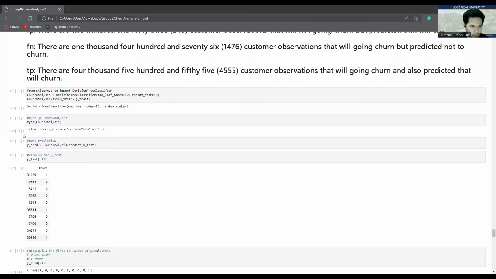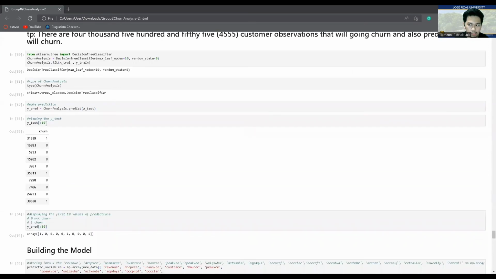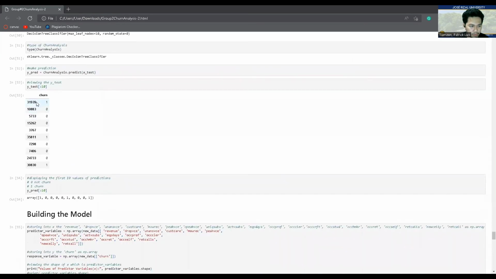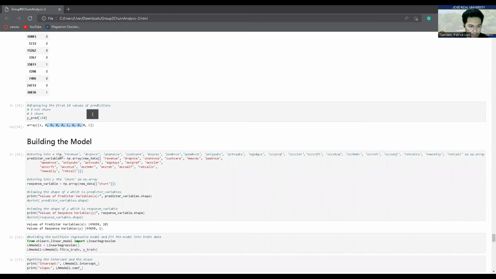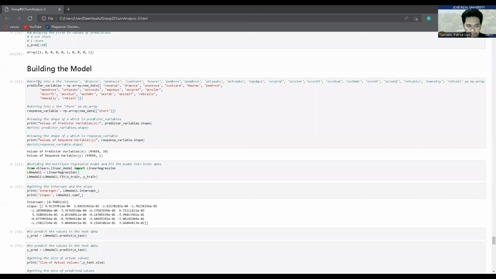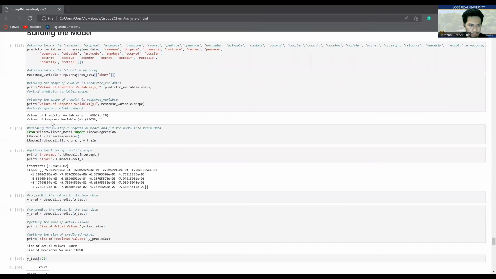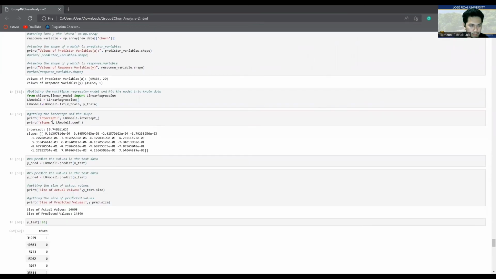So now we just imported the decision tree classifier. So we use now a decision tree. So here are the churn prediction, now building the model, storing X and Y, viewing the predictive variables and response variable, and getting the intercept and slope.